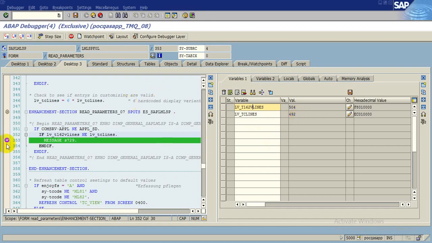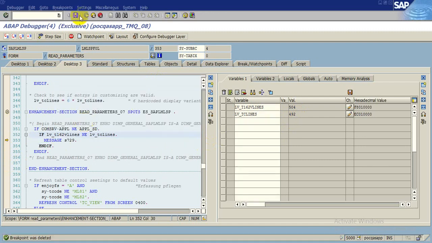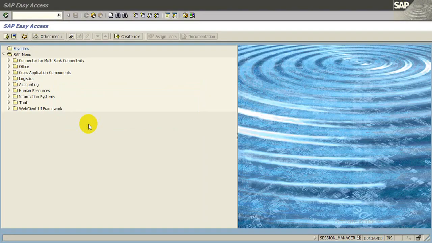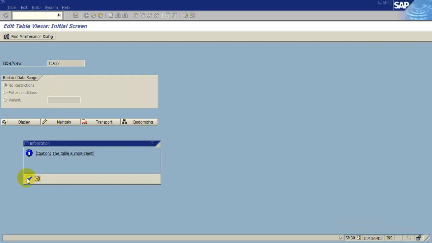So we will remove this breakpoint and then come back. Now we will go to SM30 table maintenance, and this is the table maintain, continue, continue.